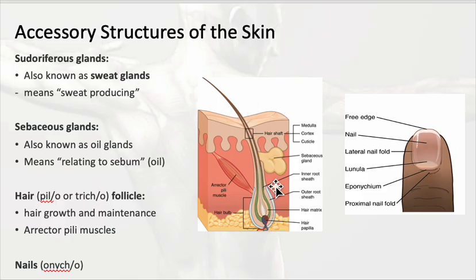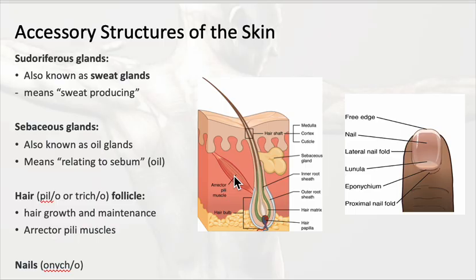Now, we see the hair follicle here associated with that sebaceous gland. A hair follicle anchors the hair in the skin and is responsible also for hair growth and maintenance. So in the hair bulb area that we see at the bottom here, this is the enlarged base region of the hair follicle, and it contains actively dividing cells that produce the hair, as well as a small blood supply here. So associated again with this hair follicle is that sebaceous gland to lubricate the hair, and also these muscles, and